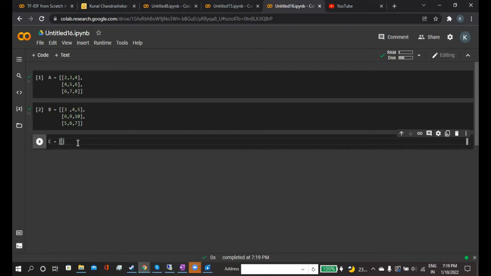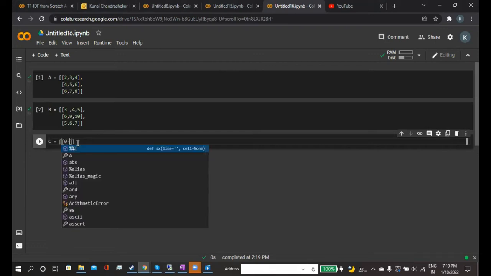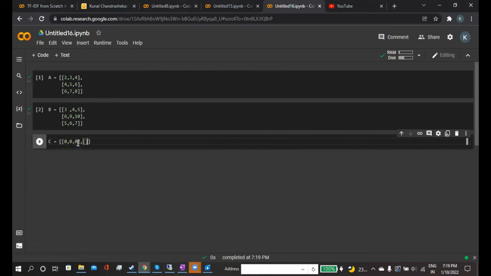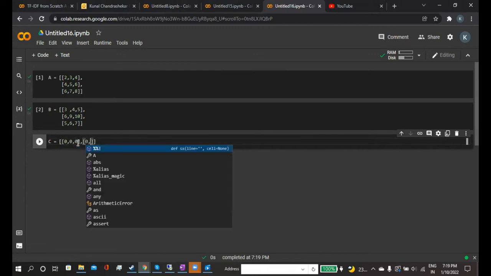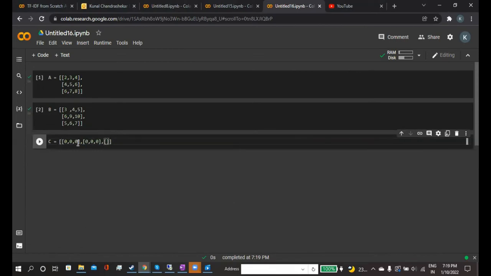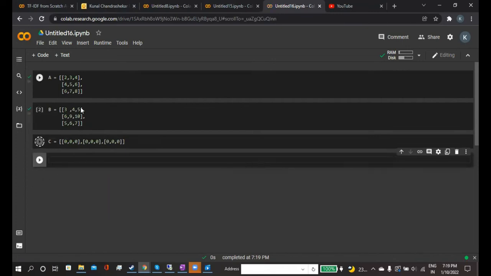So I will initialize that matrix first, 0, 0, 0, and then again 0, 0, 0, again 0, 0, 0. In that way, I have created two matrices A and B, and I have declared the resultant matrix and initialized it to 0.